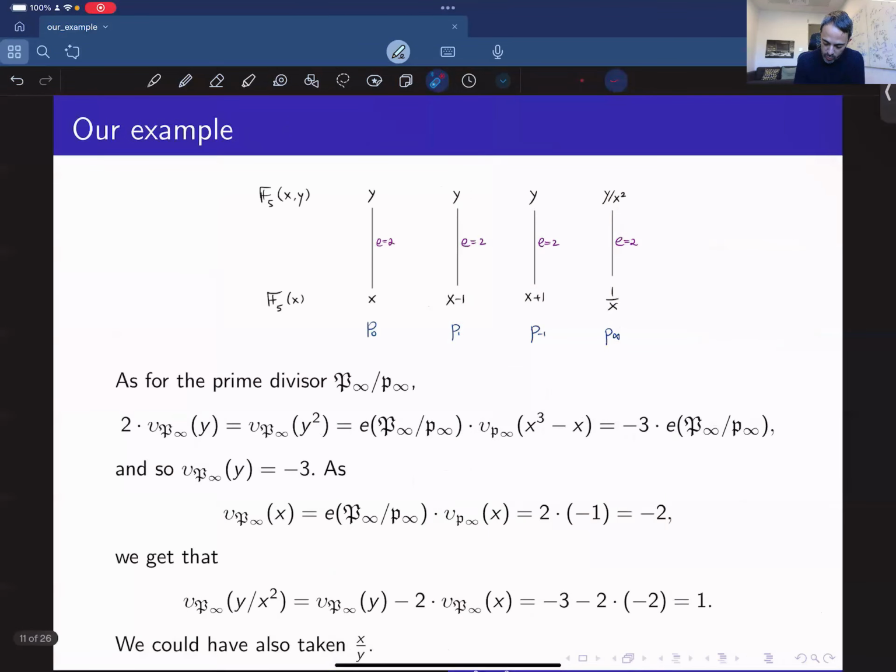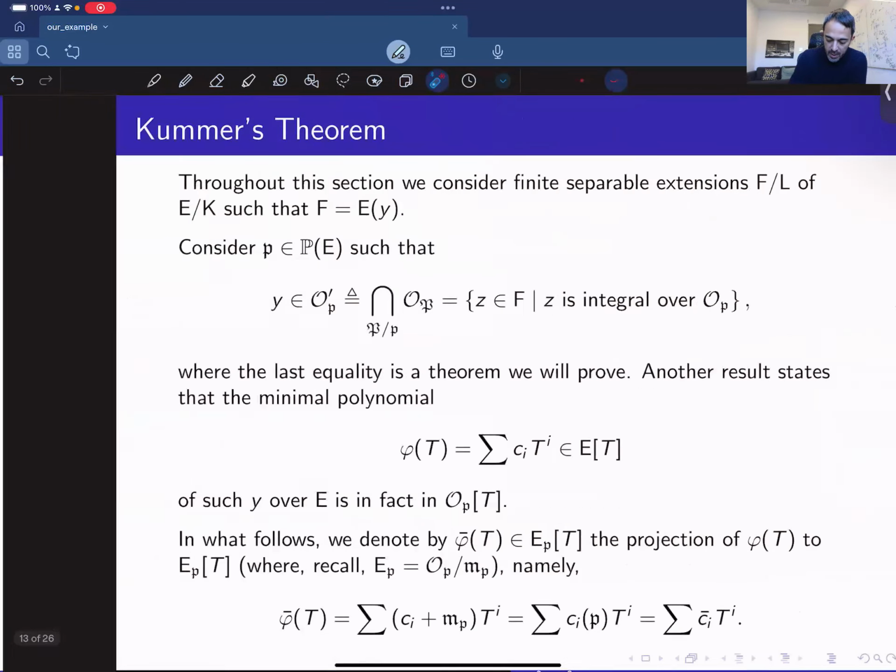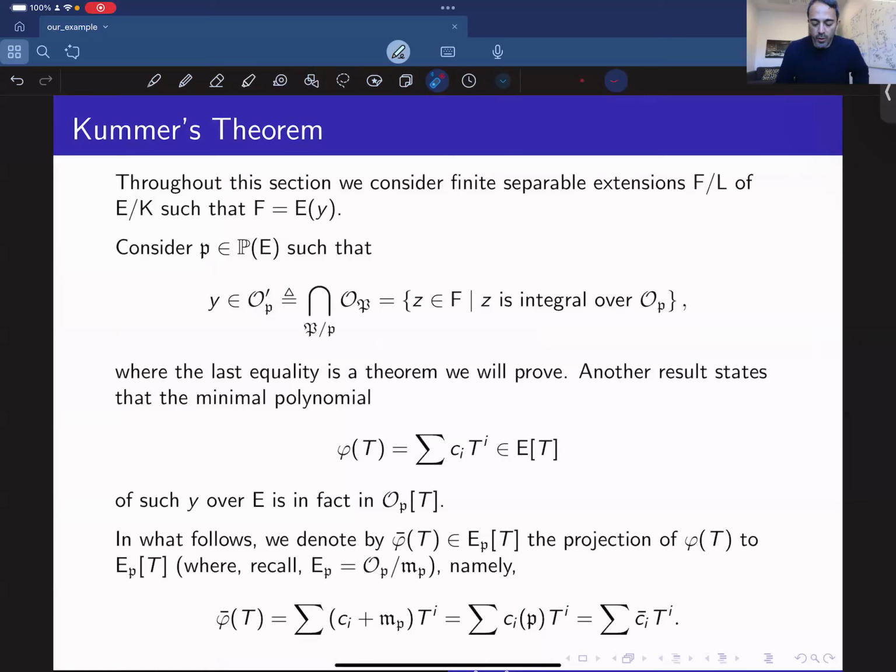Okay, so this was the computation of the local parameters. And in order to do that, we are going to use a heavy tool called Kummer's theorem. And this slide is kind of a mouthful, and it actually does contain a lot of things, but let's go